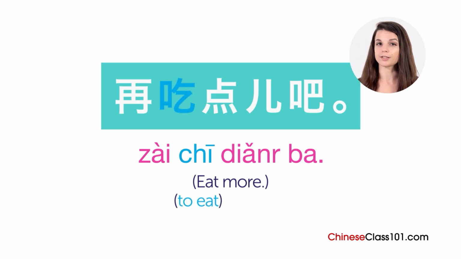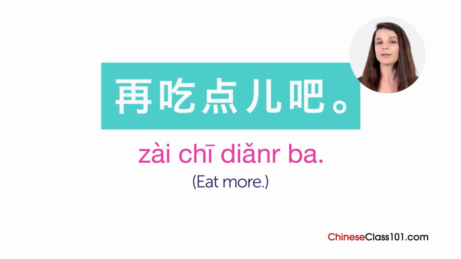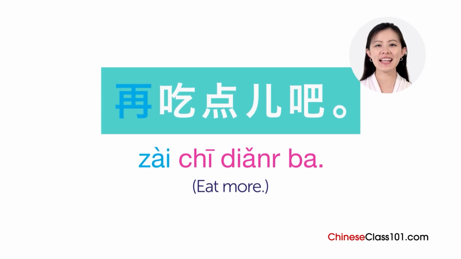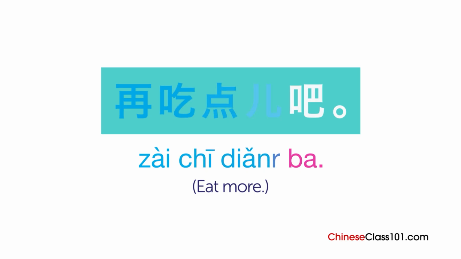If you recall from lesson 2, this is one of the top 5 mistakes that Chinese learners make. You have to say it without adding an R sound. What about this character? This character is often attached at the end of a word. In this case, you do want to pronounce the Chinese R. Do you remember what it is? It's the over-exaggerating R sound where your tongue is curled behind your gum ridge. Make sure you say it in a neutral tone to make it sound natural. Repeat after Yinru. 再吃点儿吧。